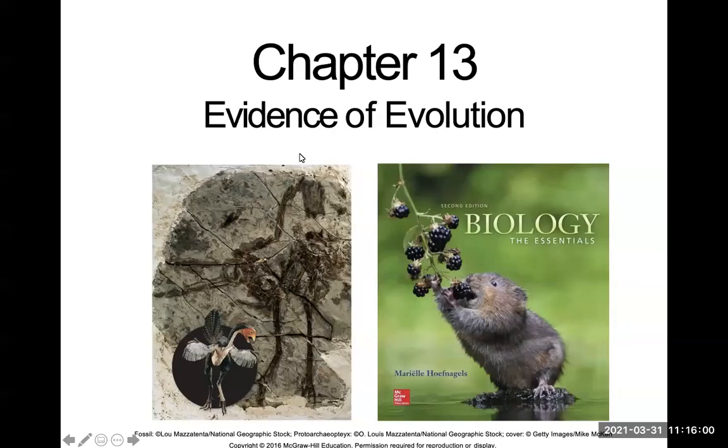Okay, so we are going to continue our journey through evolution. In this chapter, we're going to talk about all the evidence that we have for evolution, or Darwin's theory of evolution. In last chapter, I showed you a slide. I said, oh, there is Mendelian genetics, there are fruit fly examples. So we're going to look at all the evidence that supports evolution. And it's a lot. It's a lot of evidence because this has been collected for a long, long time now.